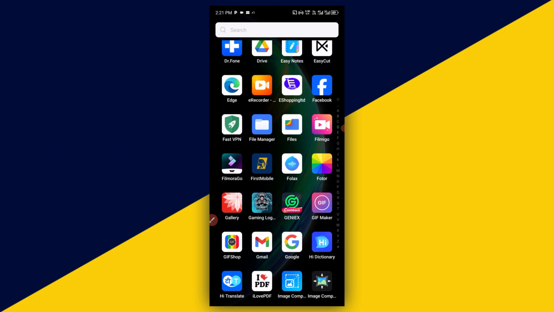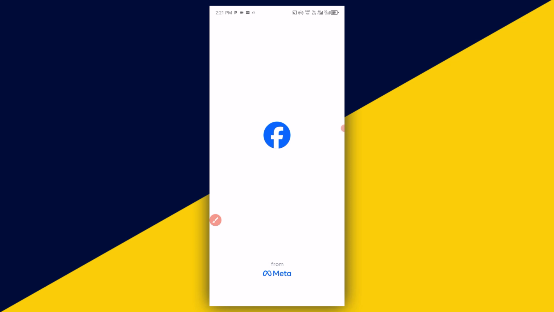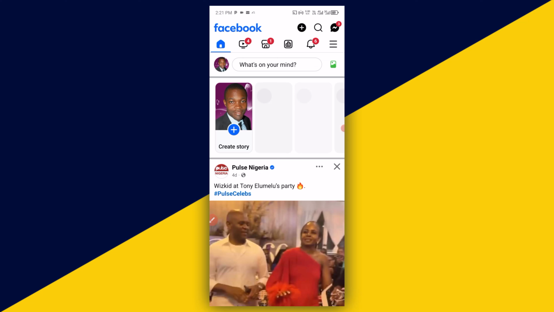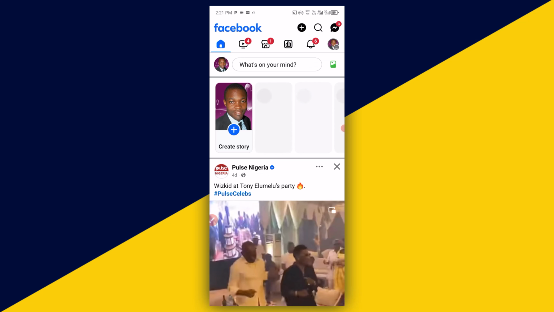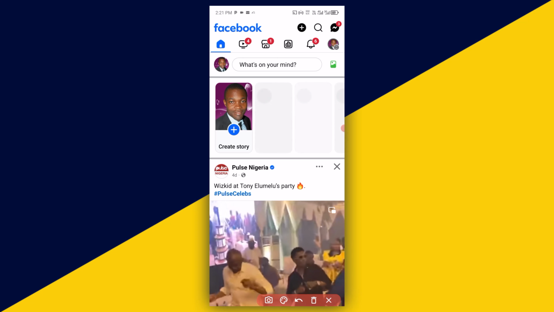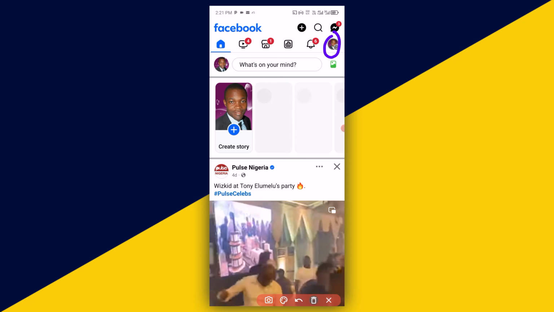The very first thing you need to do is to head over to your Facebook app. So I'm going to click on here, open my Facebook app. After you open up your Facebook app, next thing you need to do is to simply come to the top right here, click on your profile icon from the top,